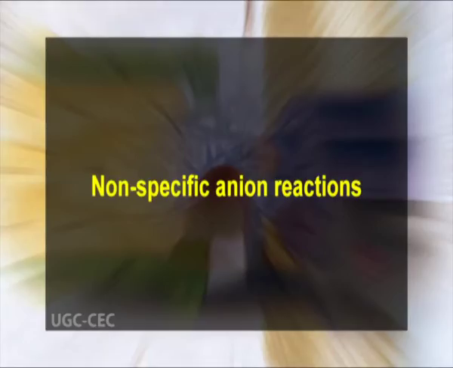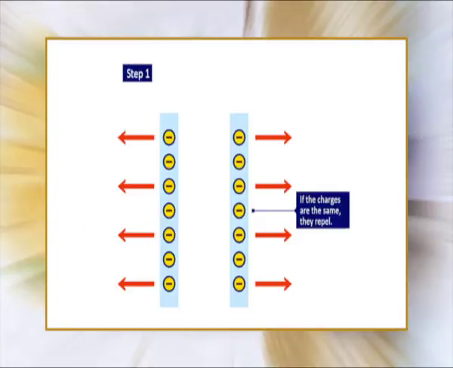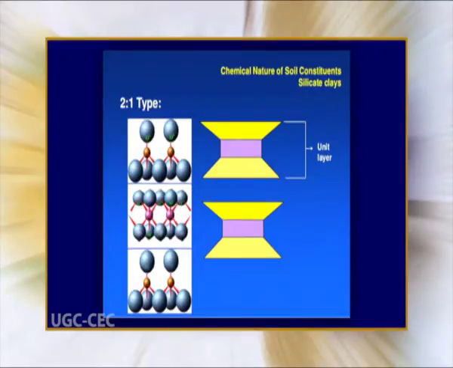Various aspects of anion retention and exchange are: first, non-specific anion reactions. Anions are first attracted by positively charged sites on a surface, or second, repelled by negative charge. Layer silicates in the soil fraction of soils are normally negatively charged, so that anions tend to be repelled from the mineral surfaces. Soils, however, contain a variety of solids, including the layer silicates, that develop both negative and positive charge. An anion approaching soil solids may thus be simultaneously repelled by negatively charged surfaces and attracted to positively charged sites on clay edges, hydrous oxides and allophane.